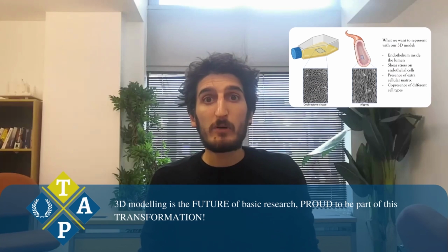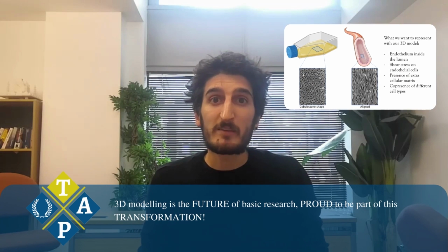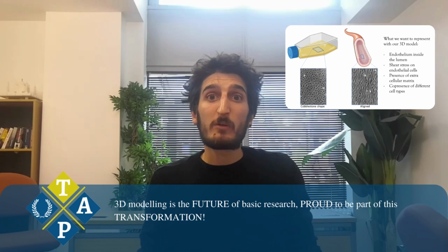These new kinds of 3D models are already becoming the future in several research topics for basic research, and we are very proud to be part of this